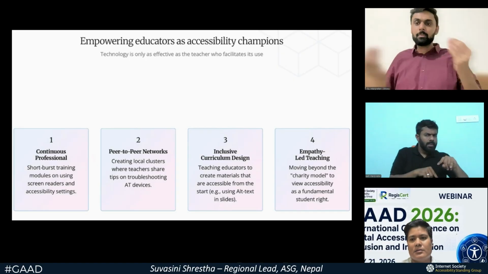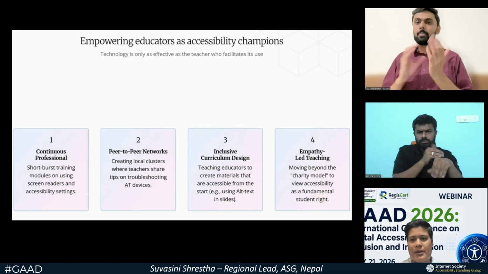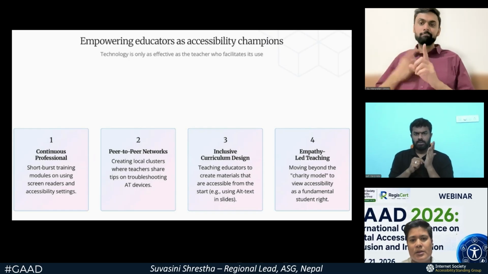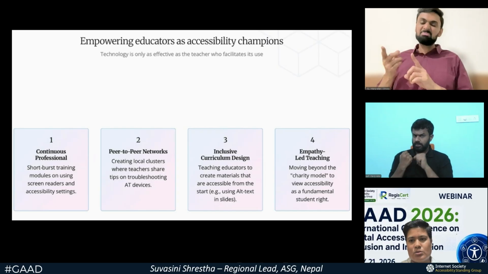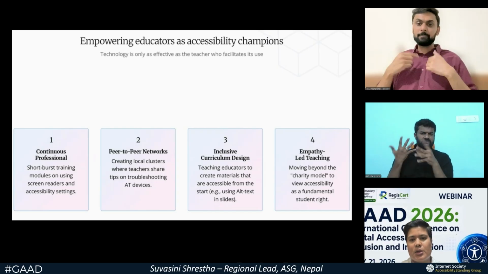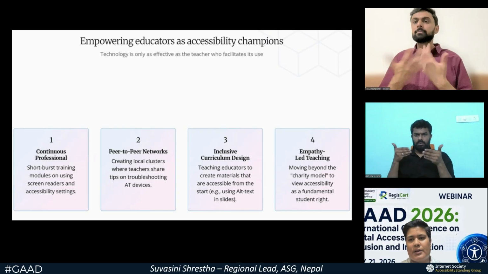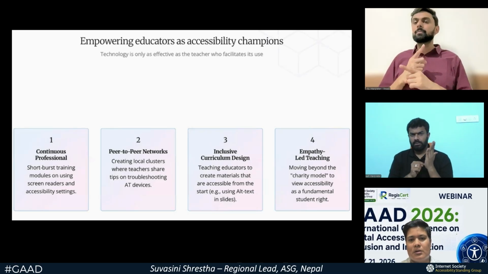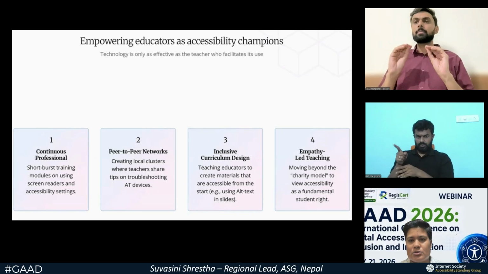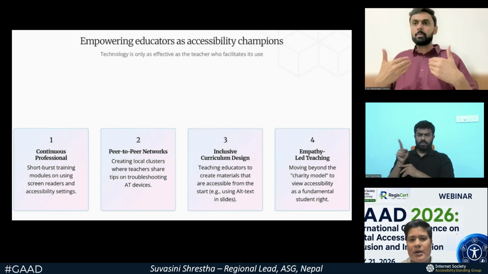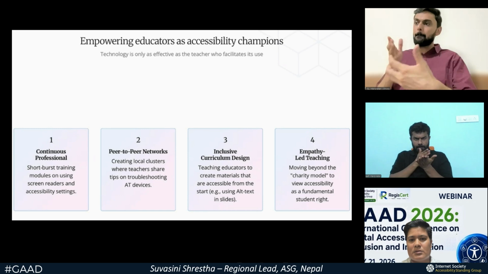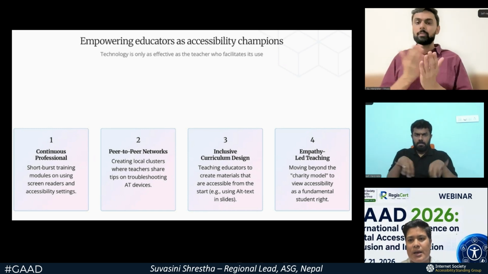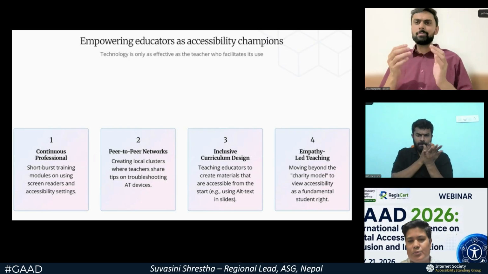And the curriculum design that has been implemented in the past years is not that inclusive. So we need to focus on inclusive curriculum design that helps teachers, educators, and trainers to create materials that are accessible from the start, that is, using alternative text in the slides and other tools.